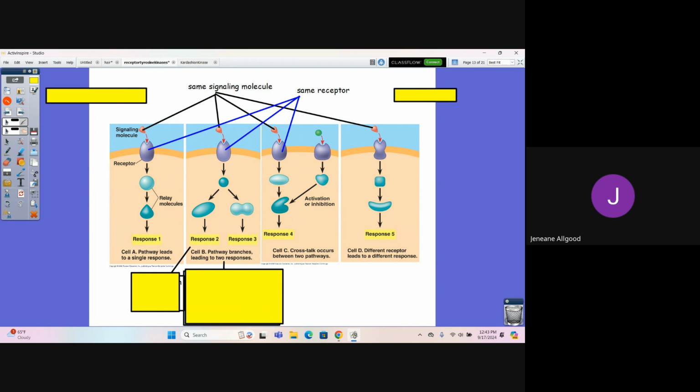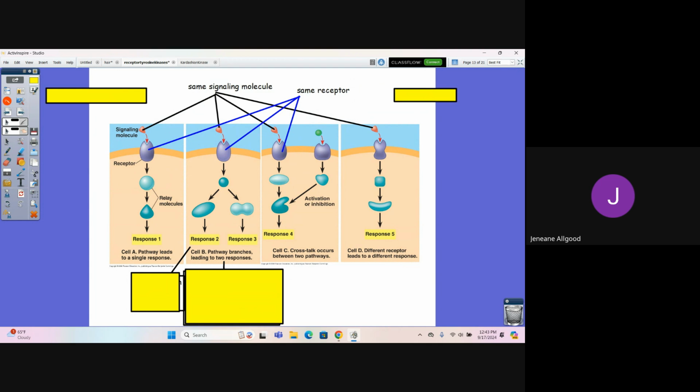All right. So in this one, this one, this one, and this one, we have the same signaling molecule. That's the little red triangle. In the first 3, we also have the same receptor. But in this first pathway, I'm going to activate this relay protein, then that relay protein, and I'm going to get this response. Here,